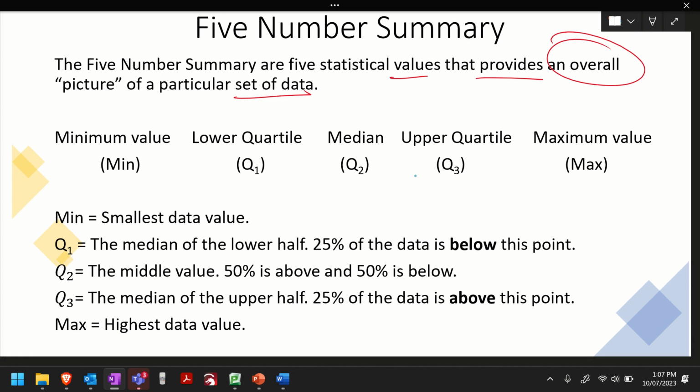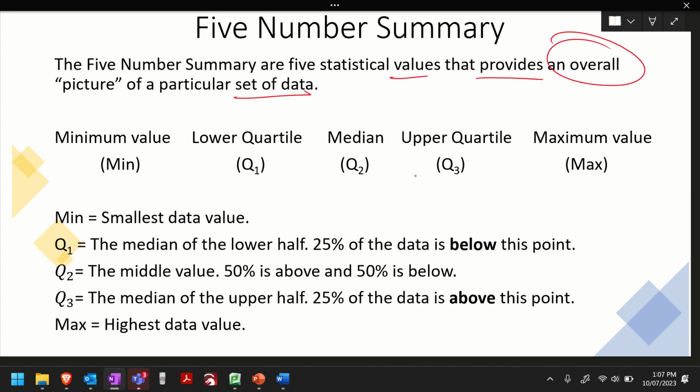Okay, so let's say you've got your data. You've cut it in half, yeah? Q1 is the middle of the lower half. Okay? What do you think the Q3 would be, Vangelica? What's Q3? So if Q1 is the middle of the lower half, good. Q3 is the middle of the upper half.